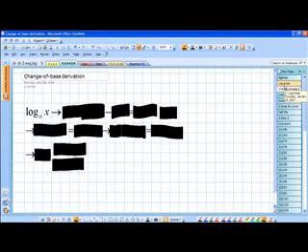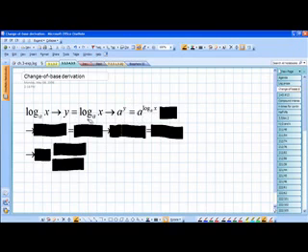Now the change of base formula, which I'll derive in a moment, is useful when you have a calculator that only does base e or base 10. Many new operating systems can do other bases, but not all can. And so what we do to find log base a of x in a new base, we'll use a base b, is first I'm going to set it equal to y, and we'll solve for y. Then I'm going to exponentiate both sides, a on each part. So a to the log base a of x is equal to x. That way I put it in exponential form, and now I can take a log base b of both sides,